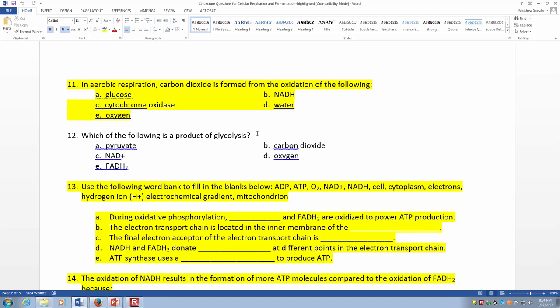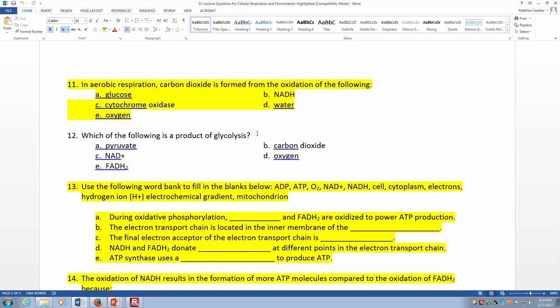So basically if I asked you, ultimately, if nothing else happened in the cell, so one thing I didn't tell you is that these pathways connect to other pathways within the cell, so you can use some of the molecules for other things. But let's just say that you were only running this pathway. The carbons in glucose ultimately end up as what? Right, carbon dioxide. And then the electrons all end up in oxygen. Okay,